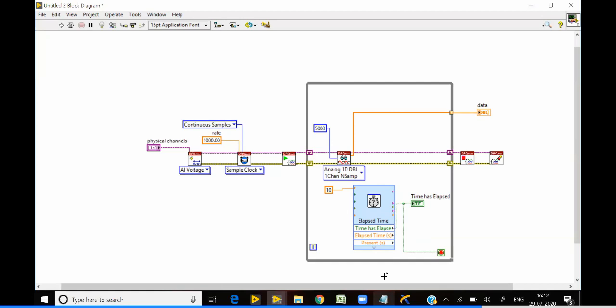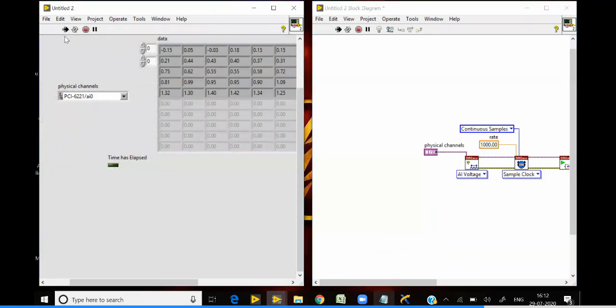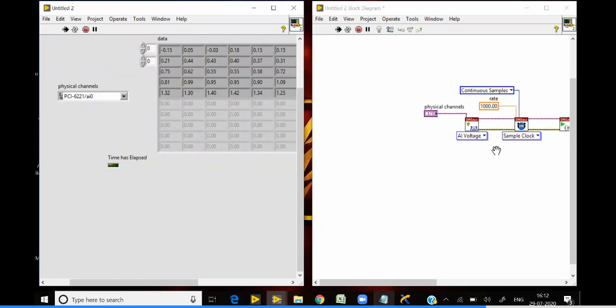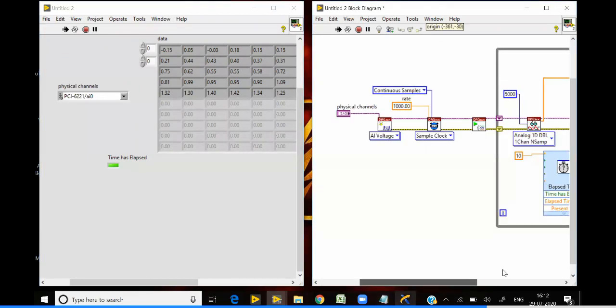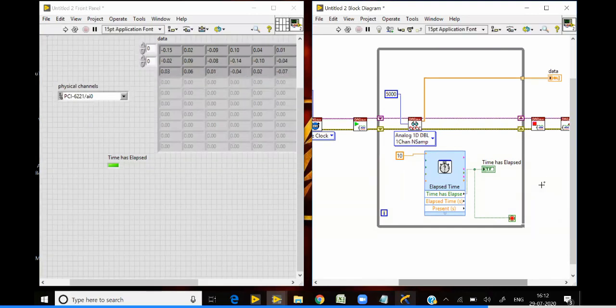We'll check what is the correct answer. Now we'll check it. Okay, so we are getting 3 rows.